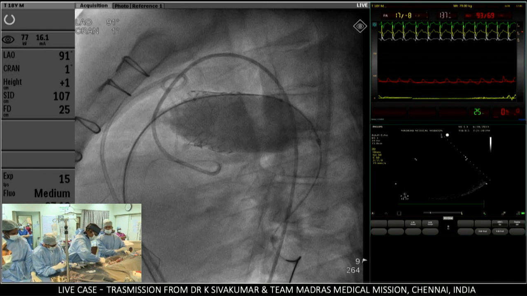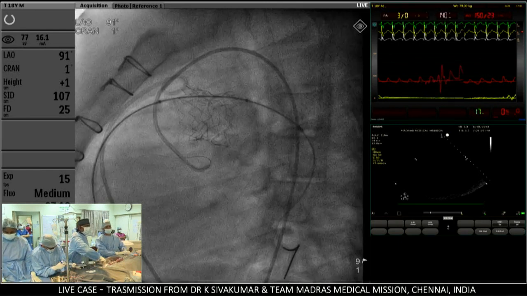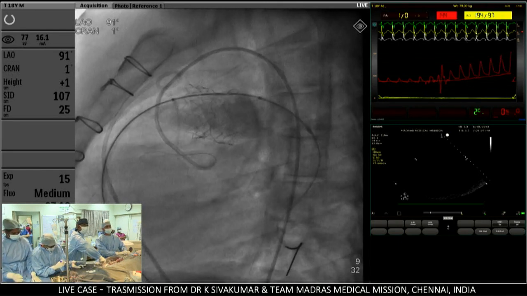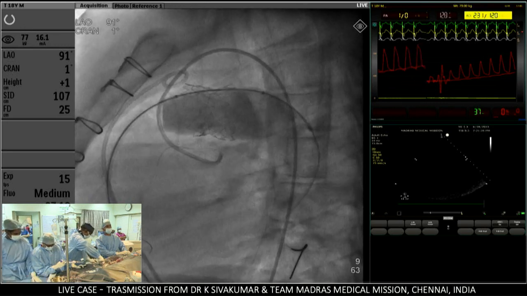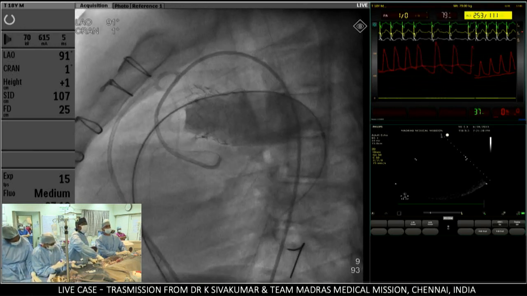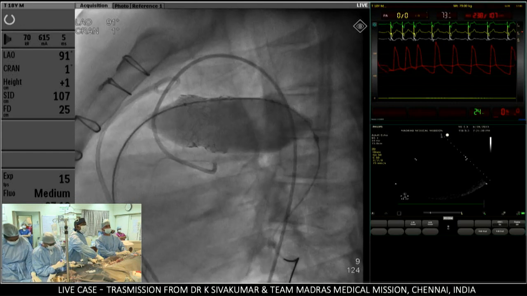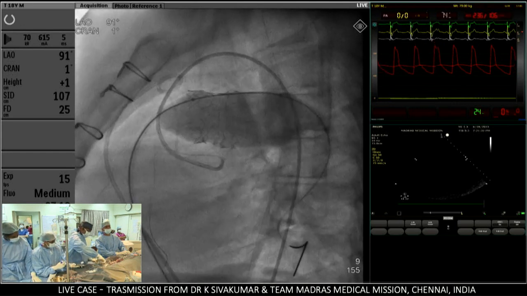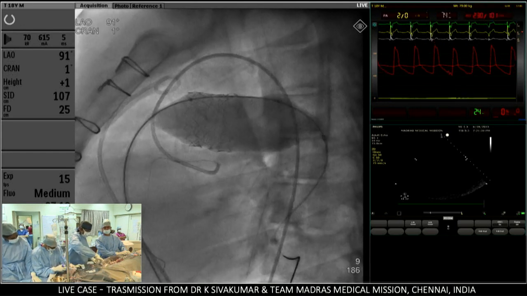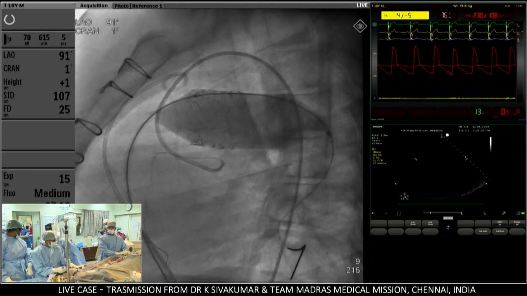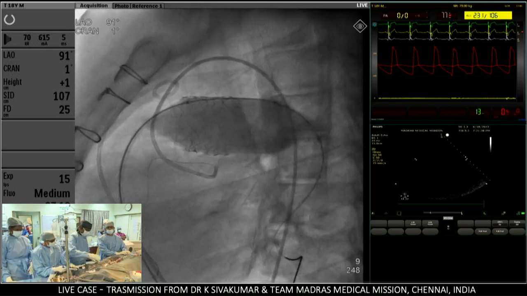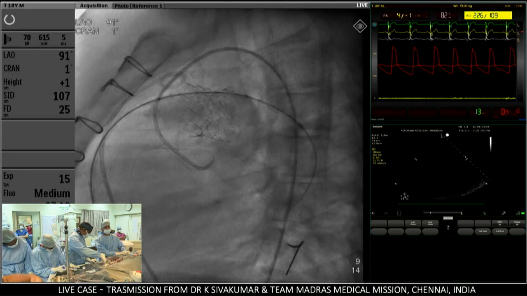Fluoro store, run it again. You should have fluoroed when you were deflating as well, but never mind. You wanted it in the previous case as well, Shaq. Sorry, I forgot. Yeah, no, it was just to see recoil, if any. I don't think there is, but